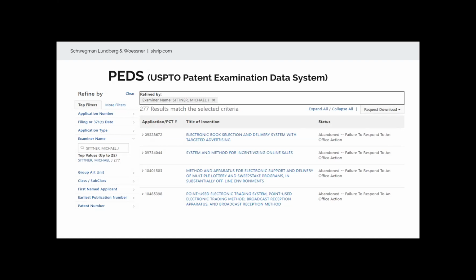So at its simplest, we go to the patent office, and the patent office has a system called PEDS, that's the Patent Examination Data System, where you can search through applications by examiner, and you can take a look at the status of the matters that they're on, and you can manually dig through these and get some information about how an examiner likes to examine. This is interesting, it's free, it's time consuming though. All right, if we go on to the next slide,